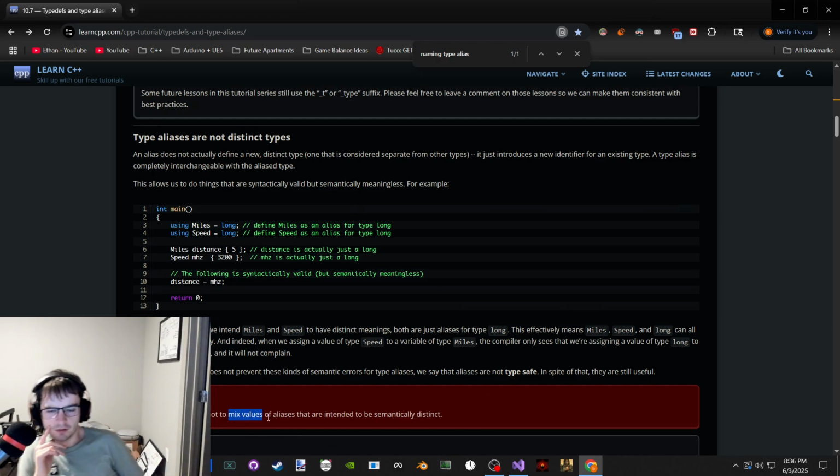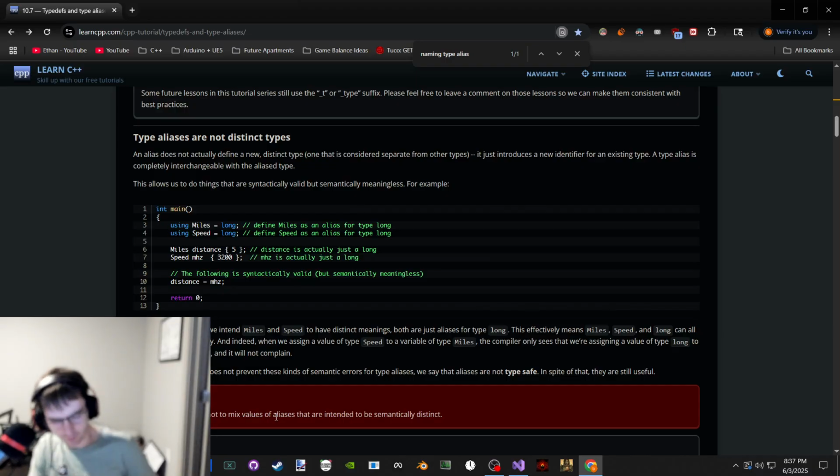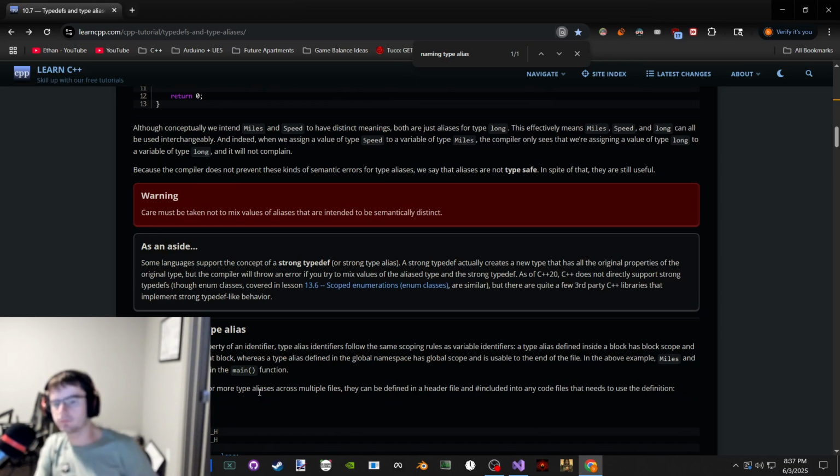Don't mix values of aliases. They're supposed to be semantically distinct. If we are assigning a character's age to be weight, even though age and weight are both aliases for integer, we should have something checking, hey, by the way, you are assigning this guy's age to be his weight. Do you want to do that? And there's no check for this like that. A strong typedef